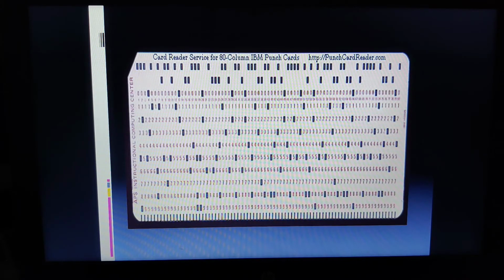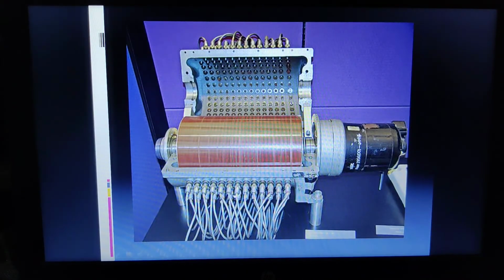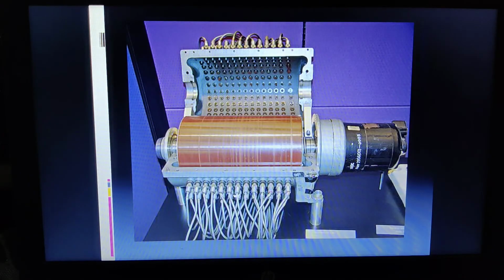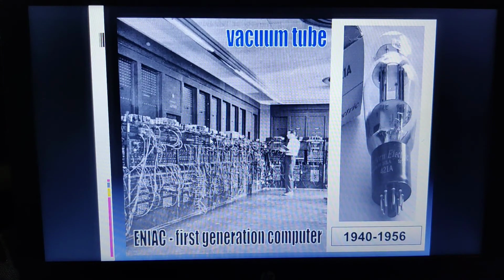So in the first generation, they were using vacuum tubes for the internal operations, as I have shown here. Because an enormous amount of heat was being generated, the computers tended to malfunction. For the memory purpose, they were using magnetic drums, and punch cards were being used both for the input as well as for the output purpose. And later, machine level language was used for programming. Machine level language means in the form of zeros and ones. Such a programming language was used in order to make the first computer systems work.